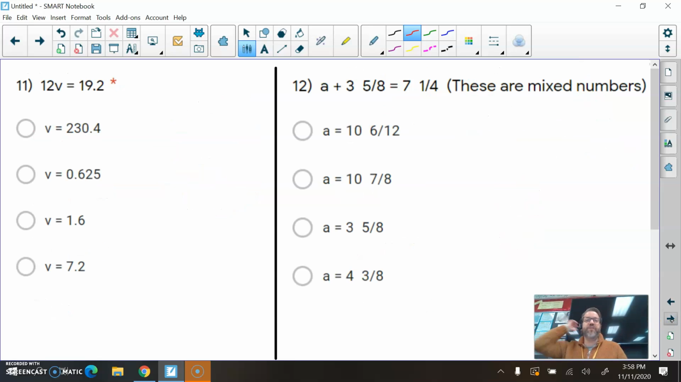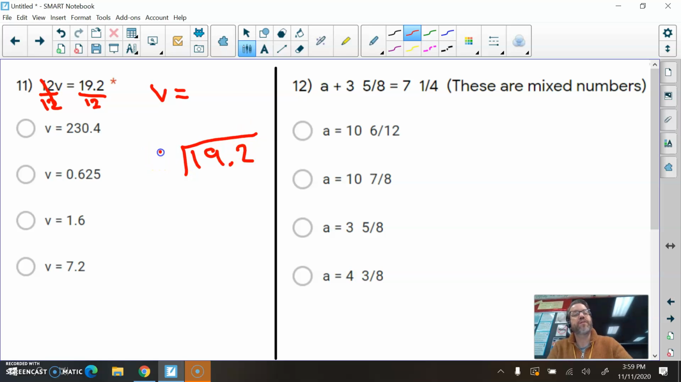All right, number 11, we have 12v equals 19.2. This again means 12 times v. So to undo that, I have to divide by 12. That would be the inverse operation. But if you do that on the left, you'd better do so on the right of the equal sign. 12 divided by 12 is 1v. V equals whatever we get when we divide 19.2 by 12. So let's find out what we get. 19 point